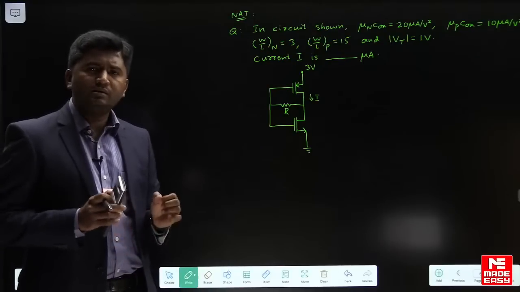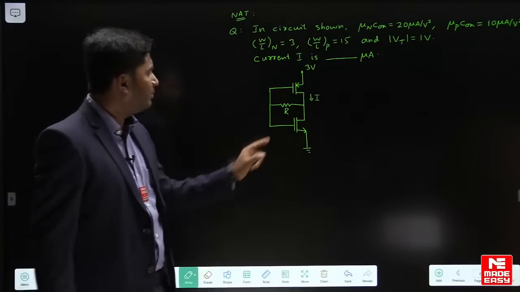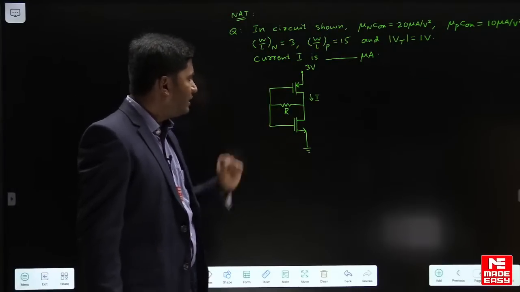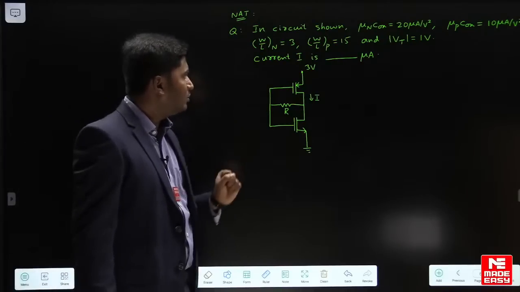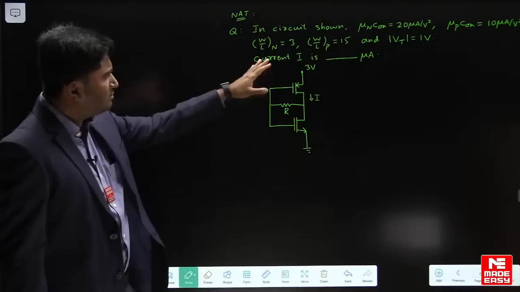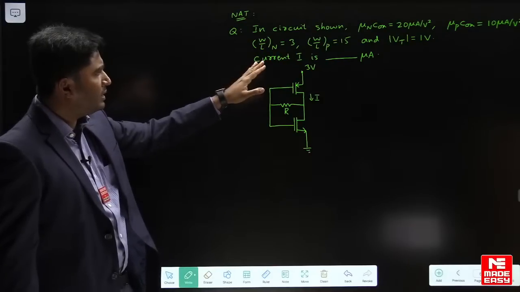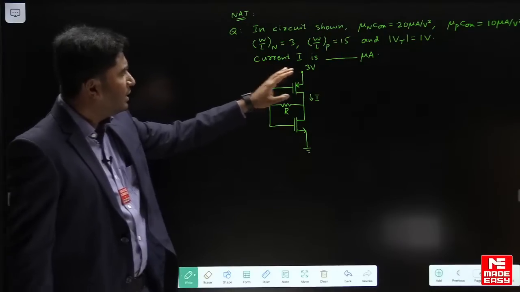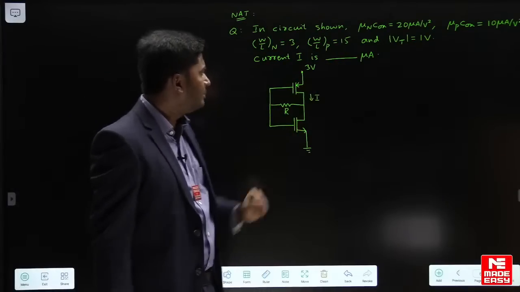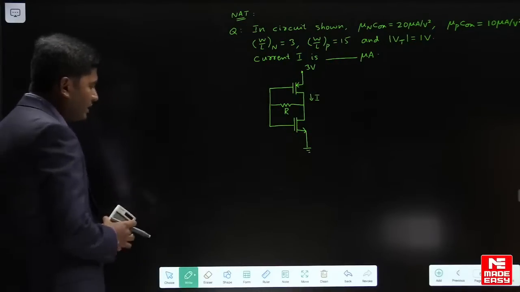You can just call it a CMOS circuit, where the upper MOSFET is PMOS and the lower one is NMOS. और हमें यहाँ पर फाइंड करना है करंट I की वैल्यू, and some data is given: mu n COX, mu p COX, and W by L ratio for NMOS, PMOS, and threshold voltage 1 volt. Now first of all, what you can observe here is,